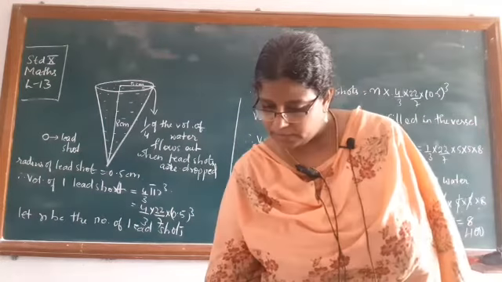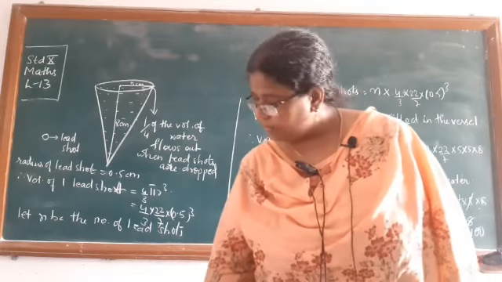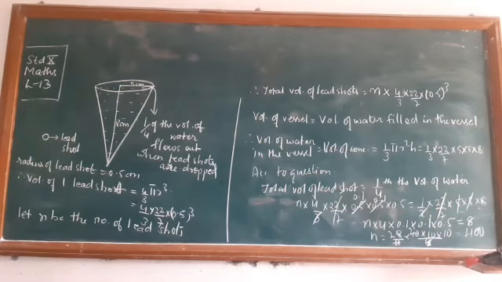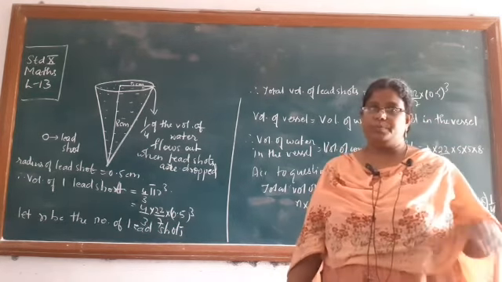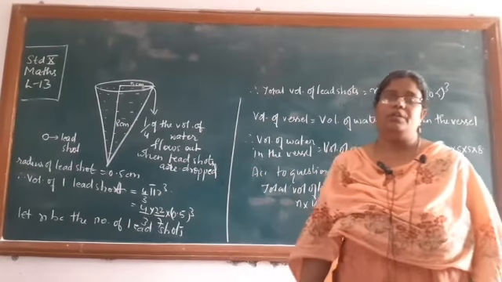Okay, let me check the answer. Here I have forgotten to put 1/4, so that 1/4 will remain. So upon 8 by 4 हो जाएगा. So upon 4 which is equal to 100 lead shots. So the number of lead shots you will get is 100. Okay, this 1 by 4th I forgot to multiply it here. So you have to multiply it here. So it becomes 8 by 4. So that becomes 400 by 4 which is equal to 100. So 100 lead shots are put when 1/4 of the water will get displaced.